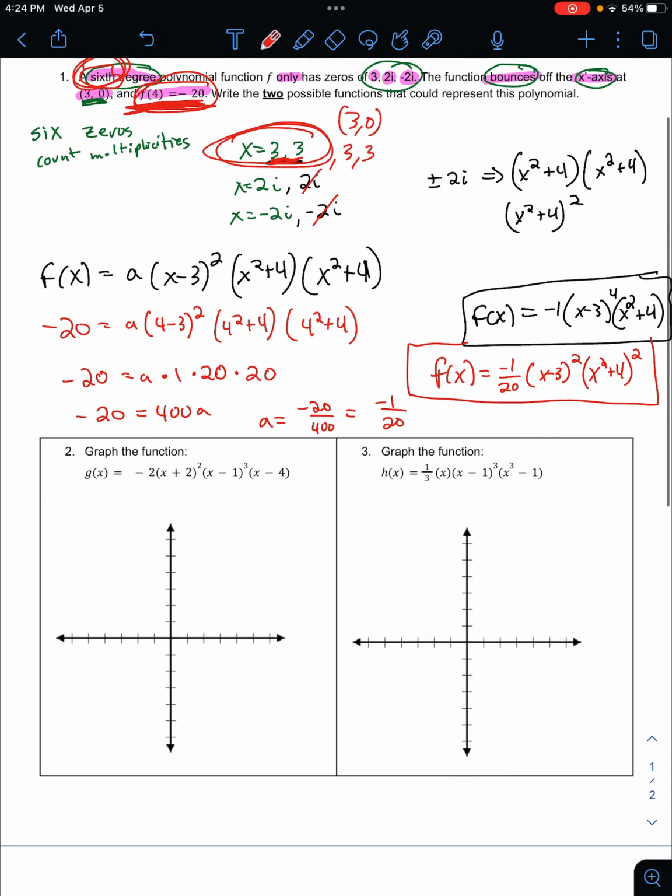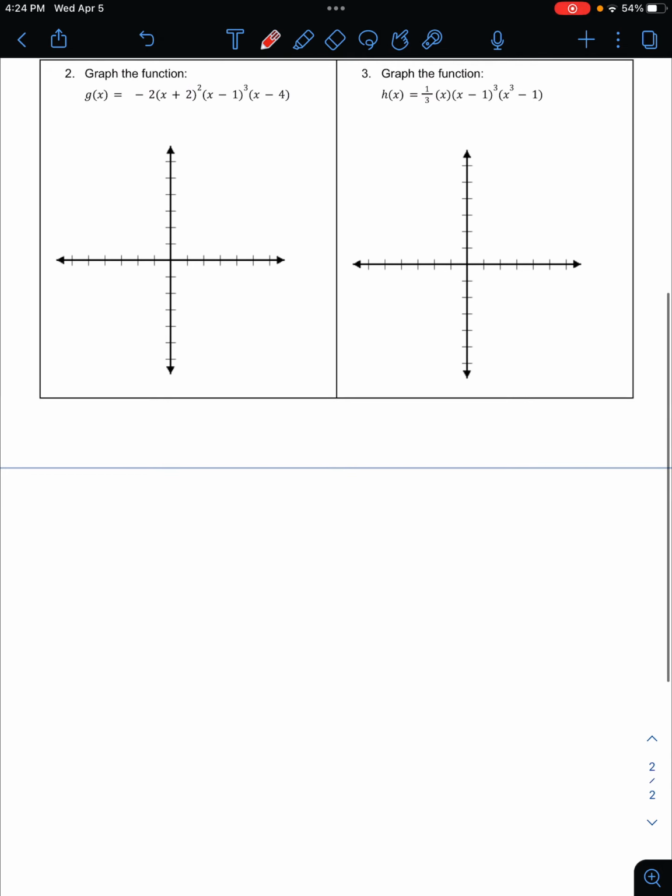Okay, moving on to our graph questions. To graph the function, we want to think about some key features. First thing is we want to look at the degree and the leading coefficient. So for the degree, you really want to be in standard form. However, this is going to take a little while to multiply out. And thinking about what's going to happen, I can see that this x,